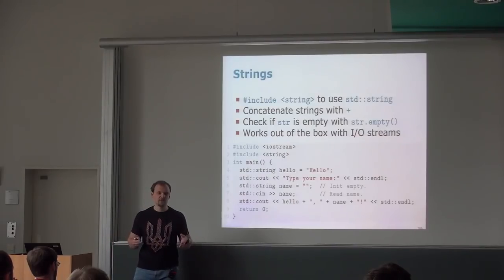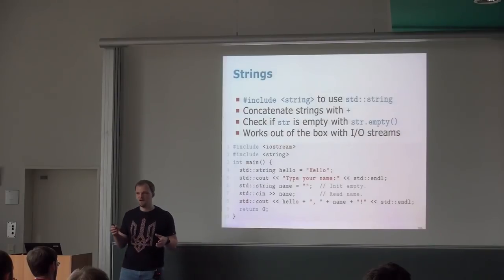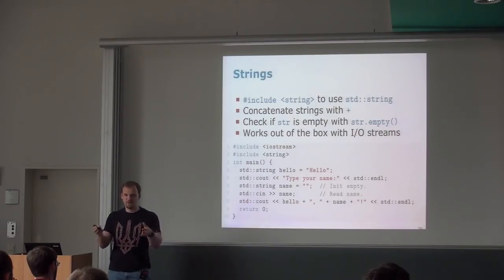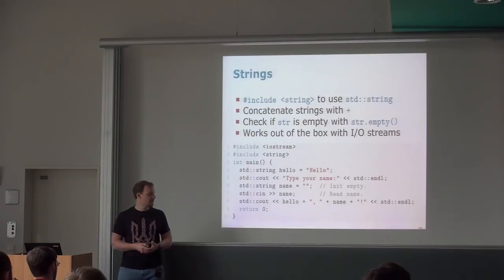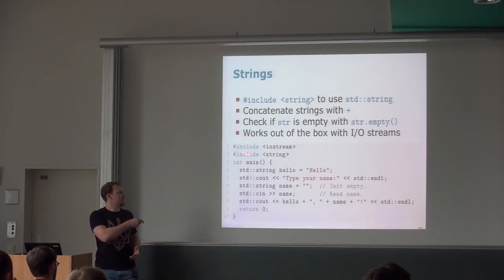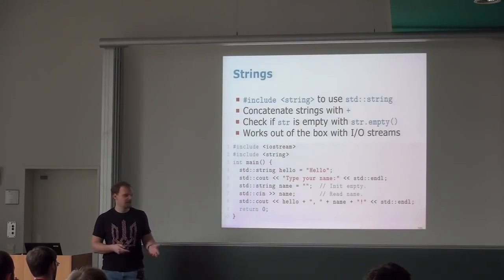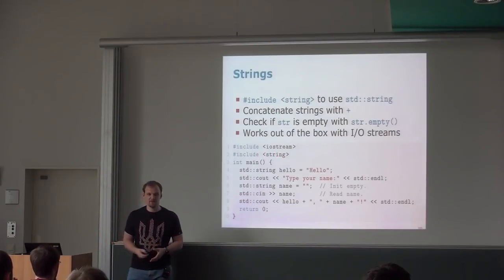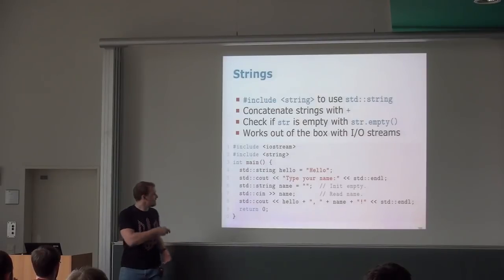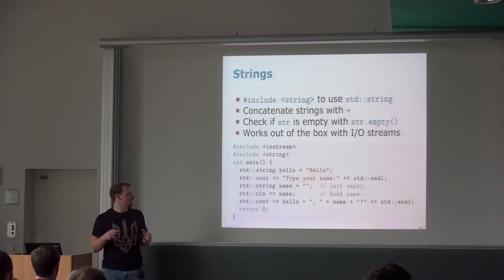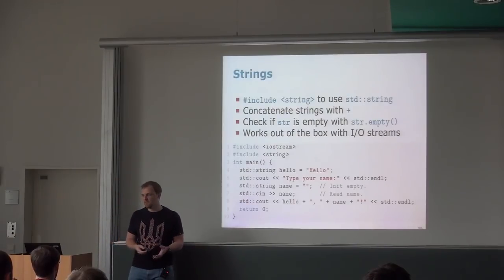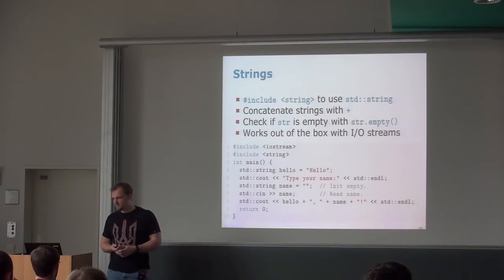Also, you can concatenate strings with a plus operator, so if you have hello plus world, it's going to be hello world together. And this is just a small example over here to make sure that everything runs. The important part is you need to include string. We are already familiar with these includes, and it's a built-in system type. So you have these angular brackets over here, and usually C++ knows where to find it. After that, you can use this std string to hold any variable of string type, which is encapsulated in those quotes here, and so on.